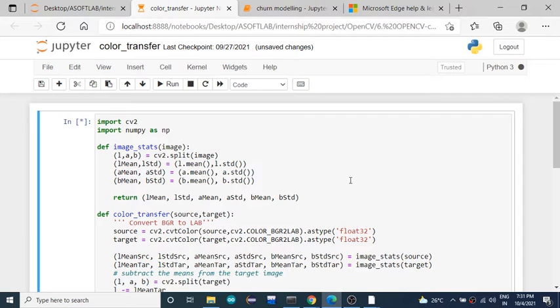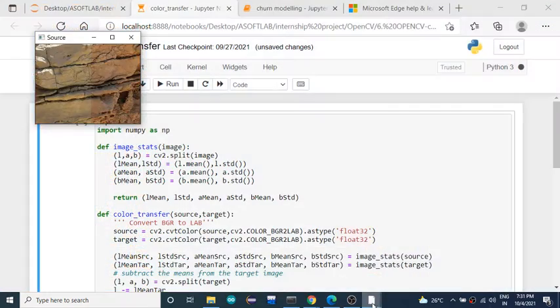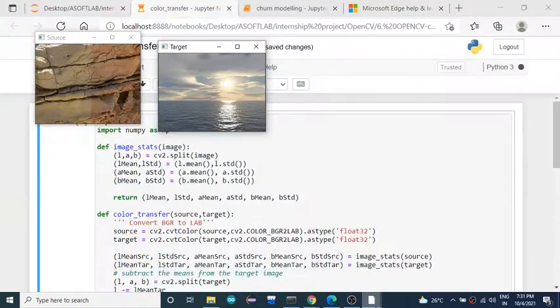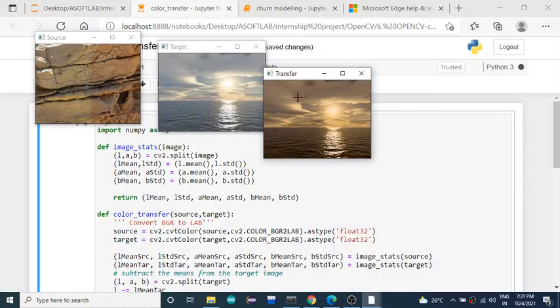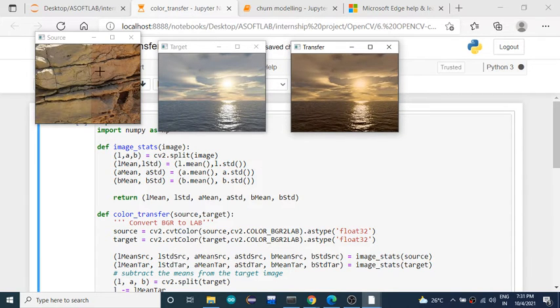Then you are going to transfer the source color shades to the target. Likewise, let me show you a sample here. This is my source and this is my target. This will be in brown shades and this is in blue shades.